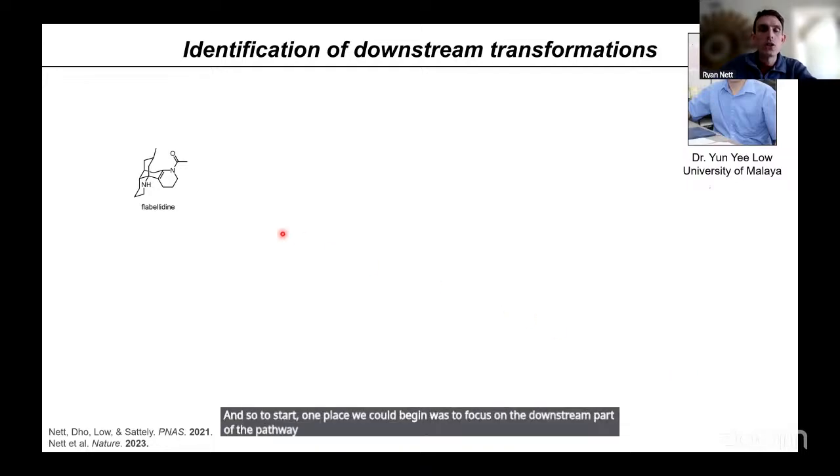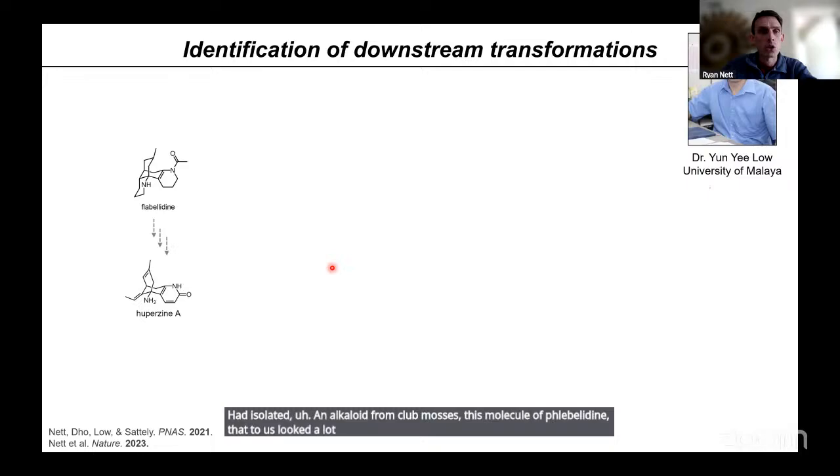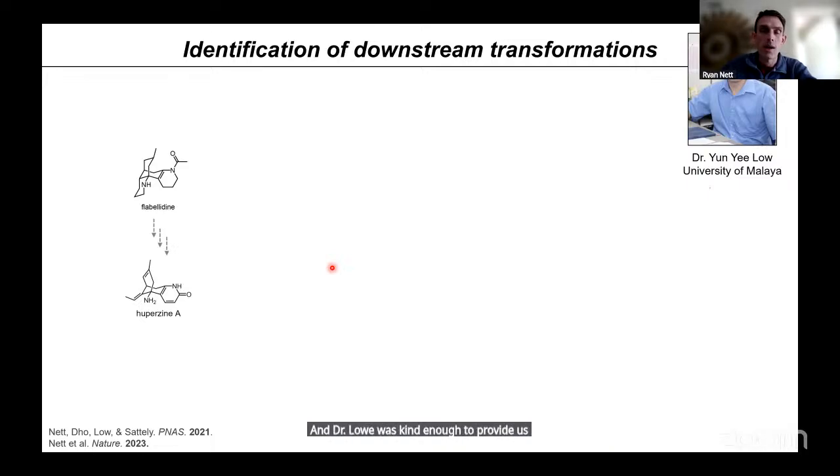And we were able to do this in large part because a collaborator of ours, Dr. Yunyi Lo from the University of Malaya, had isolated an alkaloid from club mosses, this molecule flabelladine, that to us looked a lot like a potential precursor to huperzine A. And Dr. Lo was kind enough to provide us with some of this molecule flabelladine